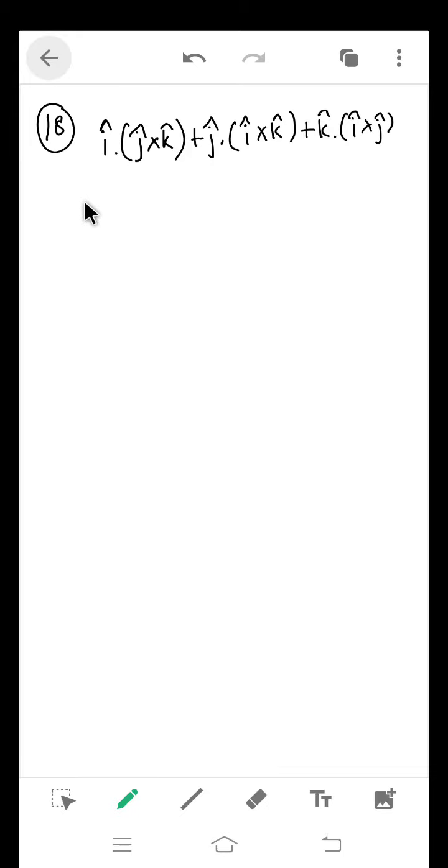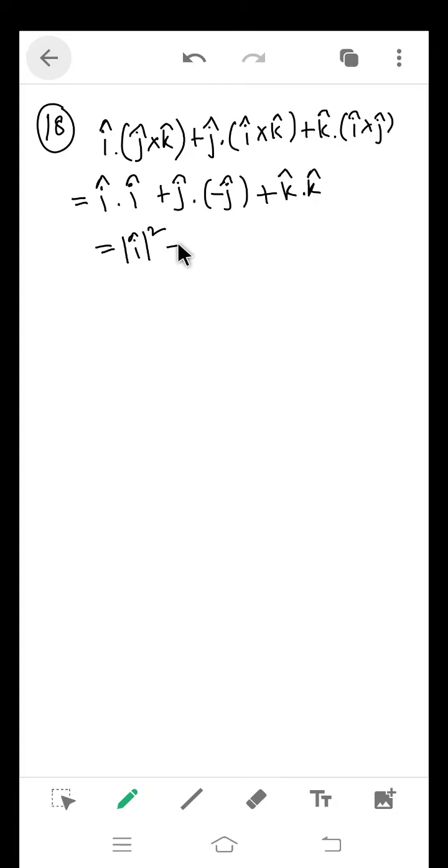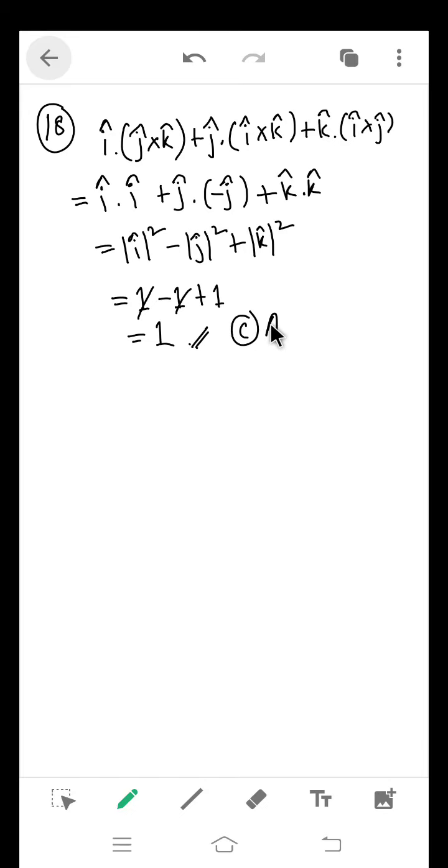इसका वैल्यू क्या होगा? तो सिंपल है, तुम एक एक करके निकल जाओ। पहले जे क्रॉस के का वैल्यू हमको पता है कि आई होगा, फिर आई क्रॉस के का वैल्यू क्या होगा? ये तो के क्रॉस आई होने से जे होना था, तो आई क्रॉस के तो माइनस जे होगा, क्योंकि साइक्लिक ऑर्डर फॉलो करते हैं। आई क्रॉस जे क्रॉस के क्रॉस आई, तो डेट फॉलोज द साइक्लिक ऑर्डर, सो आई क्रॉस के इज नेगेटिव, सो माइनस जे। देन के डॉट आई क्रॉस जे का मतलब के होगा, सो आई डॉट आई mod of i square, then there is minus, तो माइनस जे डॉट जे मतलब माइनस mod of j square, then k dot k mod of k square। इसका तो ये 1 माइनस 1 प्लस 1, तो एक 1 कैंसिल हो गया, तो आंसर इज 1। तो दैट इज द आंसर फॉर 18, मतलब इसका आंसर हो गया C।